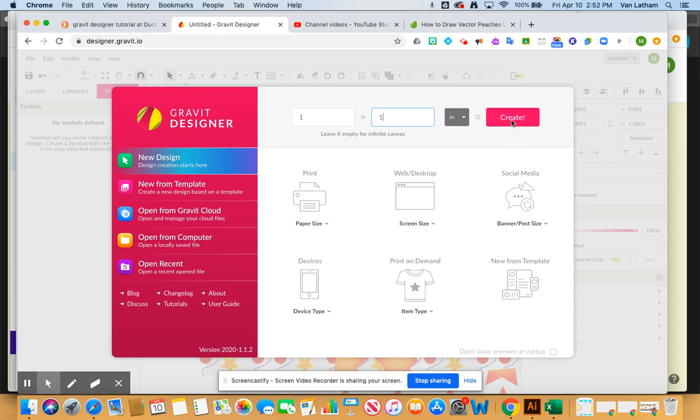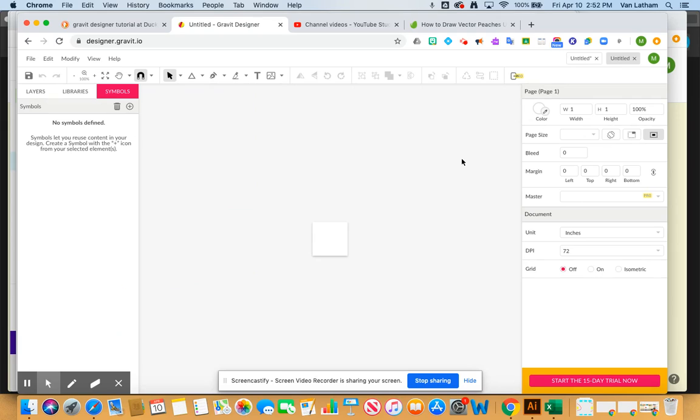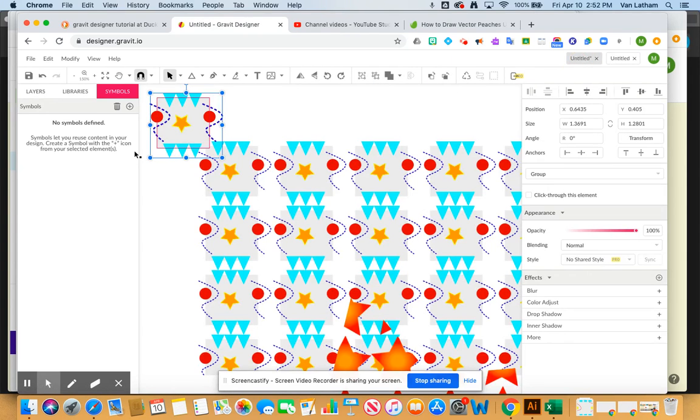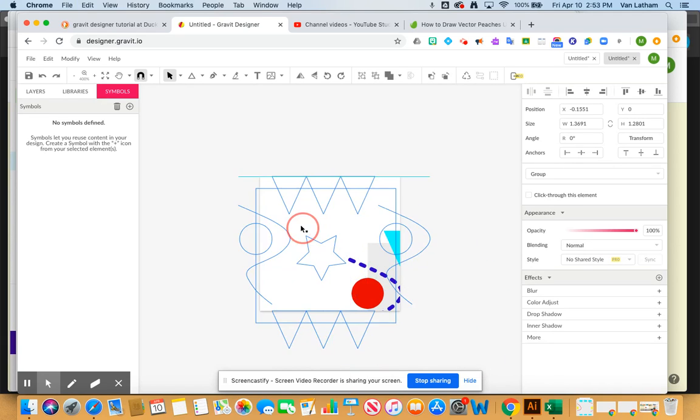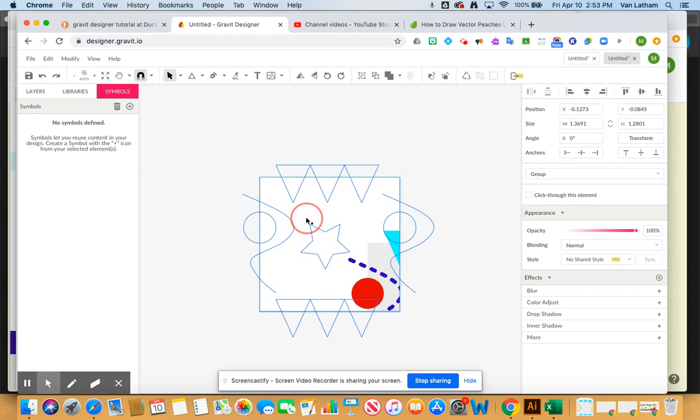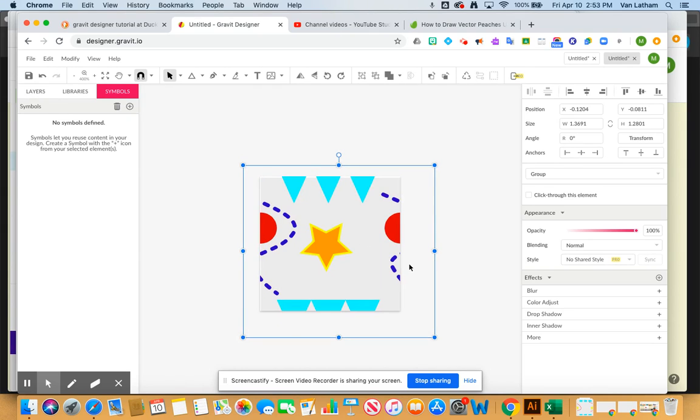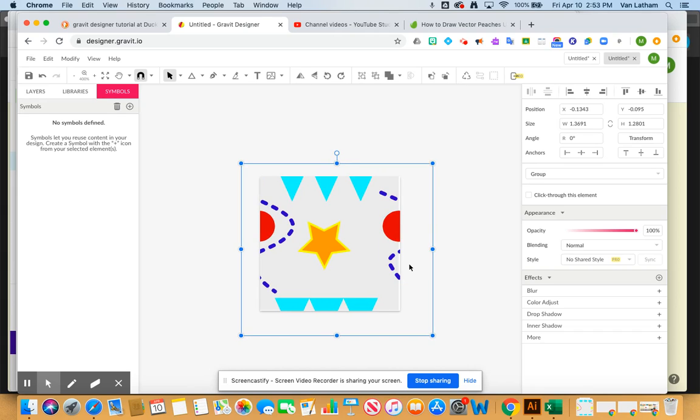So we're going to start with our 1x1 square again. So I'm going to create that, and for the first part, just take this pattern that we made once before and show you the difference. So I'm going to copy that, and then go to my 1x1 and paste it, and I want to move it so that 1x1 gray square is exactly in my 1x1,